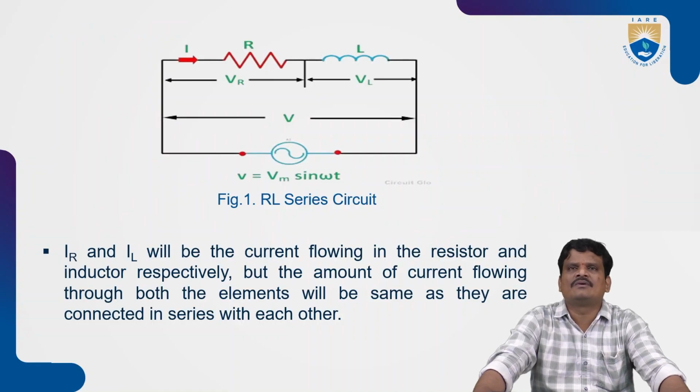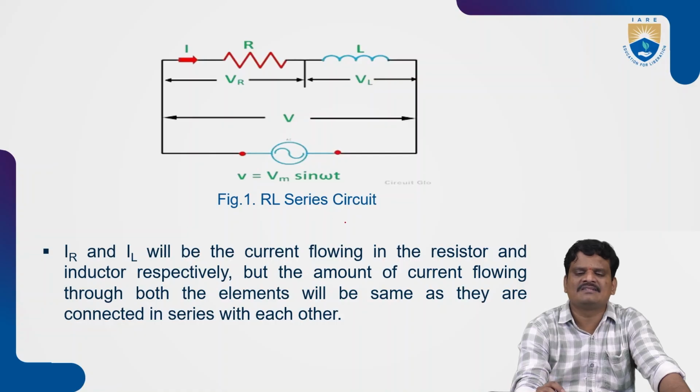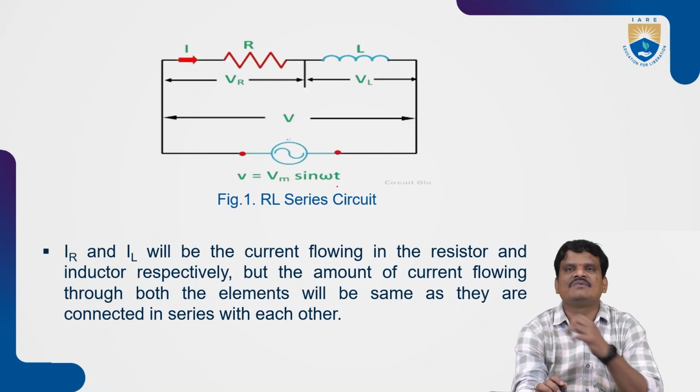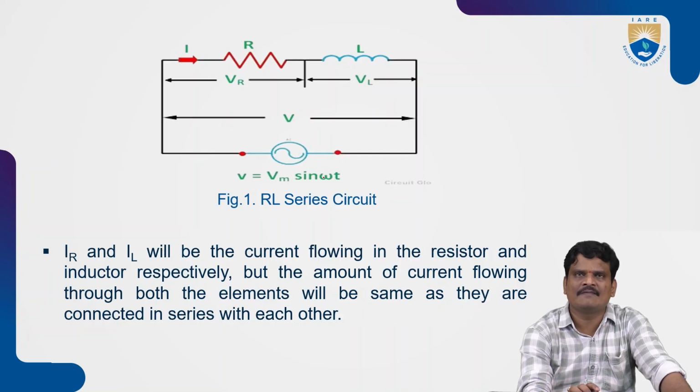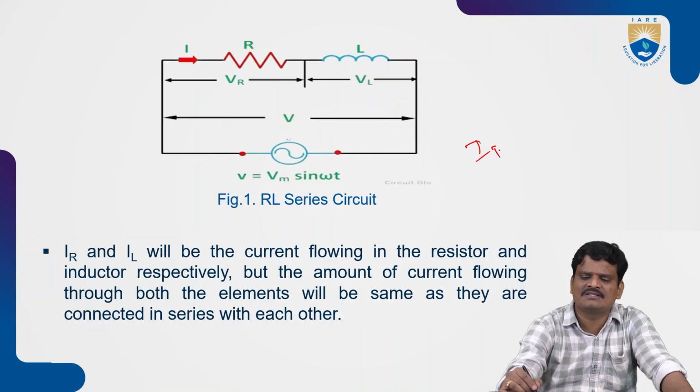So this is the circuit for which we are trying to analyze the behavior and calculate the steady state response. In this RL series circuit, I am naming the resistance as R and the value of the inductor as L, and the supply voltage is given as V equal to Vm sin omega t. The current flowing through the circuit is I. The voltage across the resistor is VR and the voltage across the inductor is VL. The current flowing through the resistor, IR, and the current flowing through the inductor, IL,